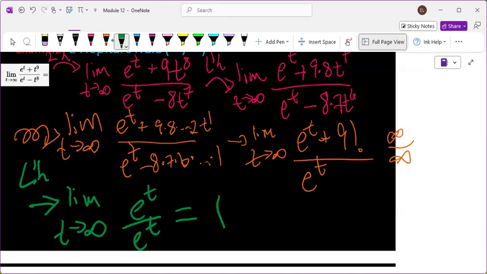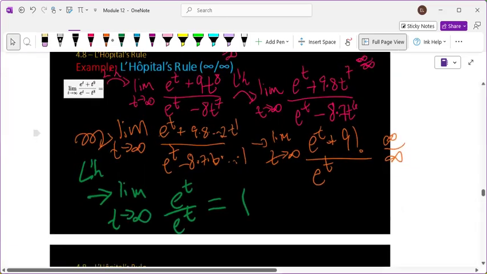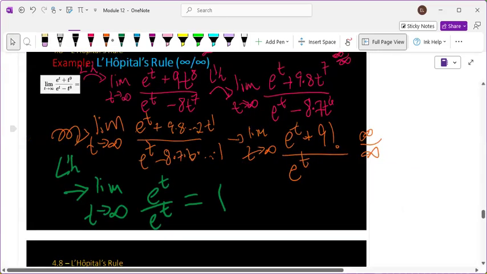To most mathematicians, though, this is cute and adorable. Like, oh, look, we got 1. It's cute and adorable to look at. It's not cute and adorable to think through. It's certainly not cute and adorable to write out the derivative every step of the way. But even something that grows as ridiculously fast as something raised to the 9th power, e to that number is still eventually going to be bigger always.